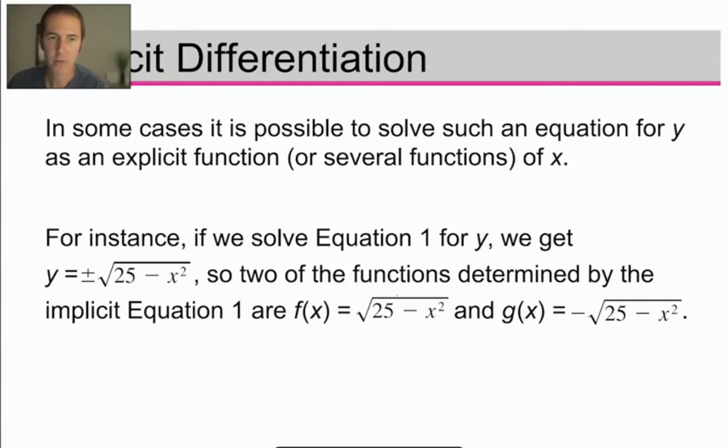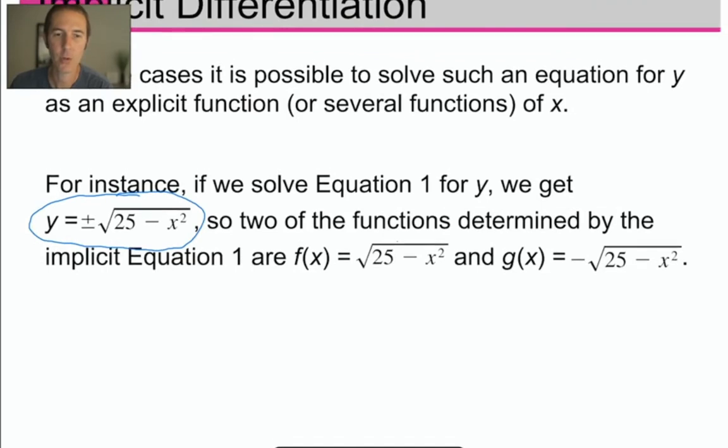So we have some options for how we take a derivative of an equation like this. We could take the equation and solve it for y. Now the first equation that we saw on the previous slide, x squared plus y squared equals 25, is the equation for a circle. And if we take that equation and we solve it for y, we end up having to take the square root of both sides of the equation at one point, which means we end up with a plus or minus square root. So in solving it for y, we really end up with two different functions, one with a positive and one with a negative. And then if we want to take the derivative,